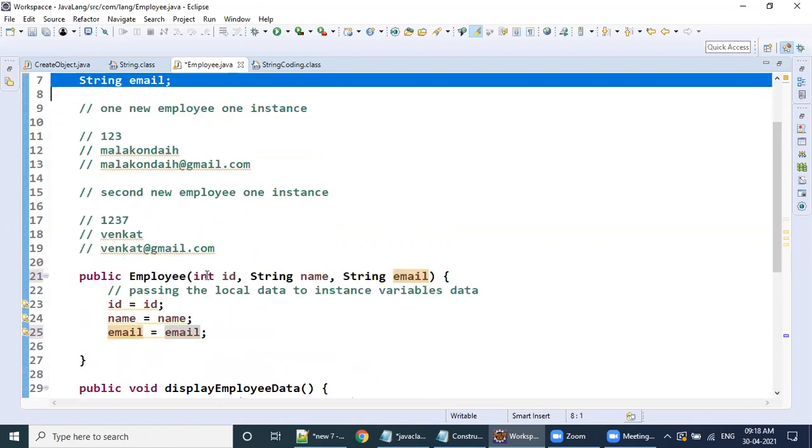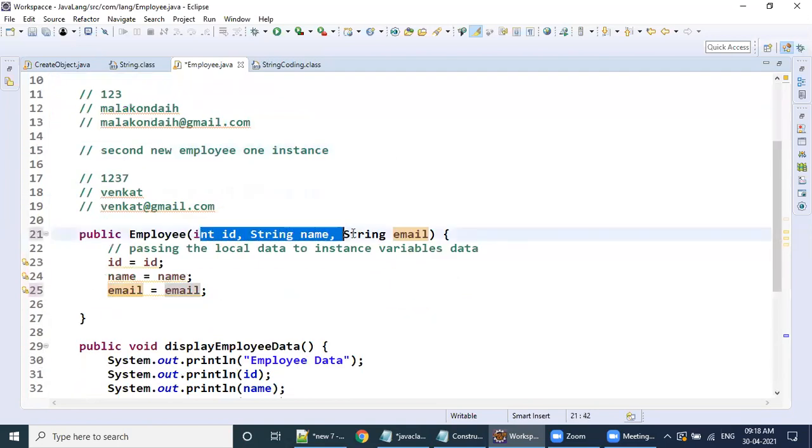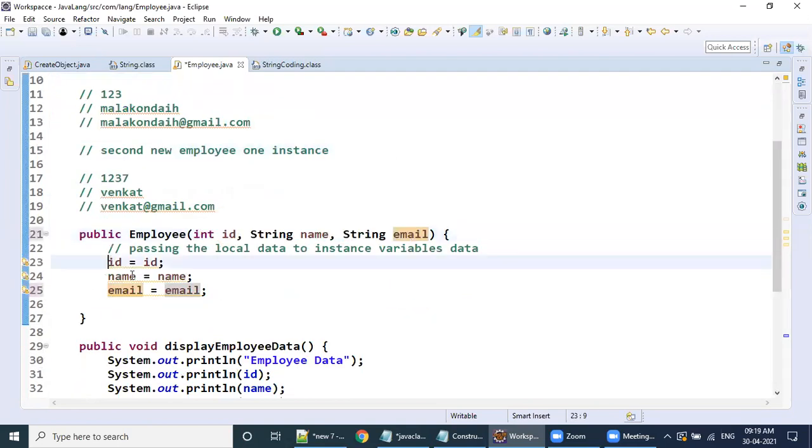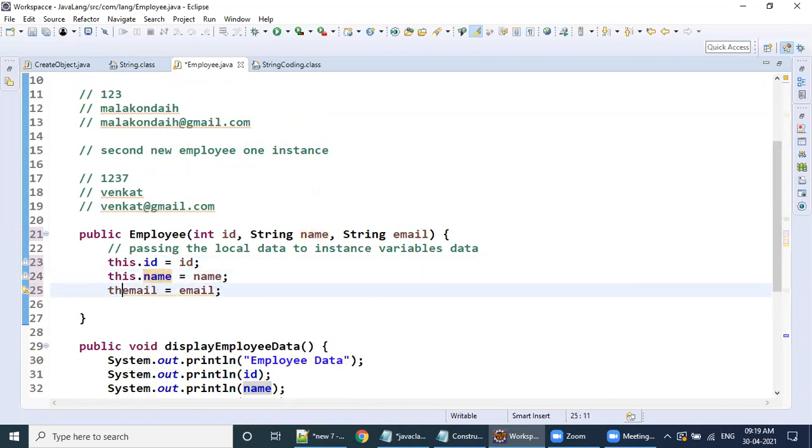How can you differentiate which is the instance variable and which is the local variable? In this case, we can take the help of this. It is an object reference variable. I can say this.ID and I can say ID.